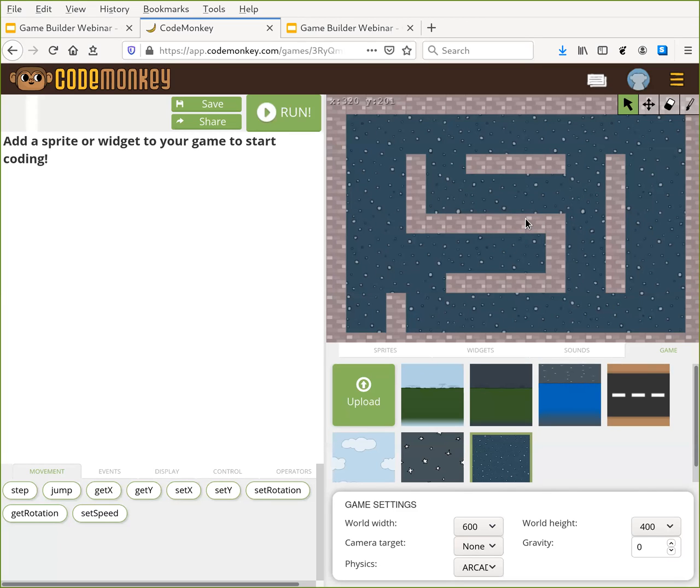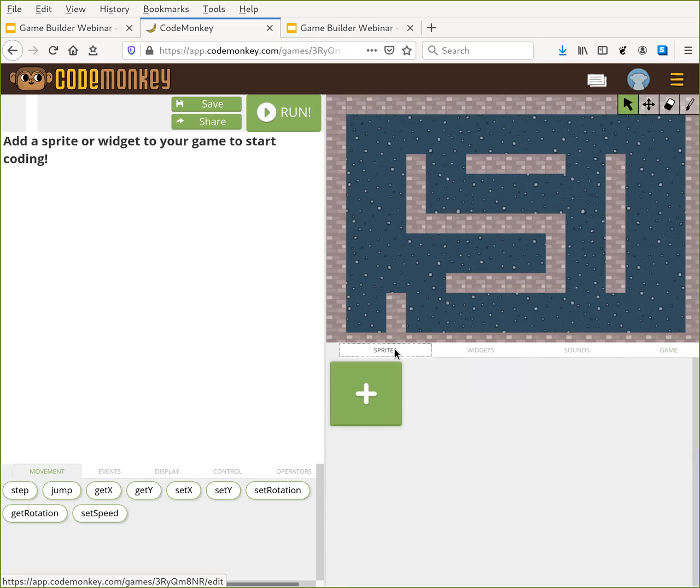So to actually make a game, we need some characters and some goals for those characters to work towards. And in a game like this, the characters are represented by what are called sprites. Sprites are the things on the screen that are active and that do stuff.